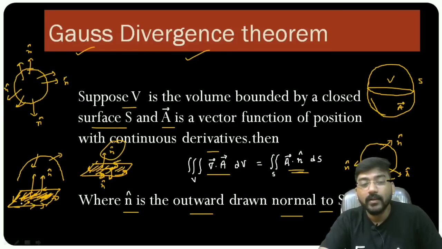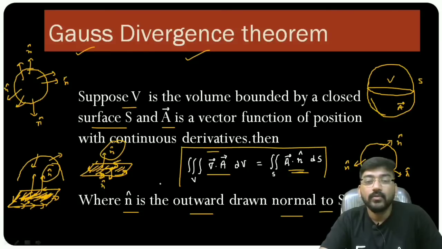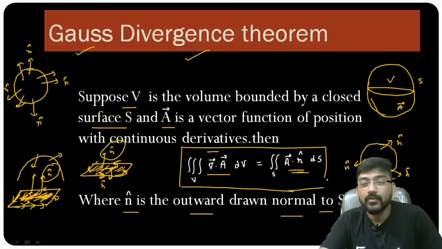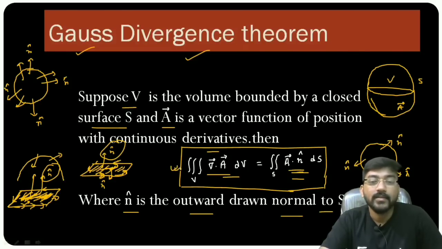You have to walk along the boundary of the surface in such a way that your left hand will be along this side, along the region, along the surface. So your head will be directed along the n cap. So this is the Gauss divergence theorem, and this is the statement. We don't need to prove this theorem, because in competitive exams questions are always asked from this theorem. So let me solve one question so that you can understand how you should apply this theorem.